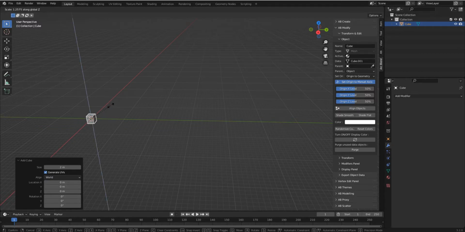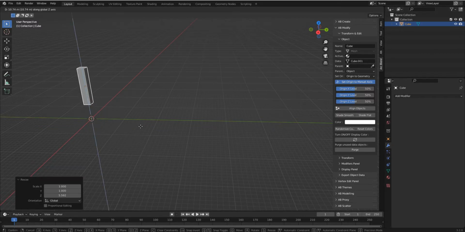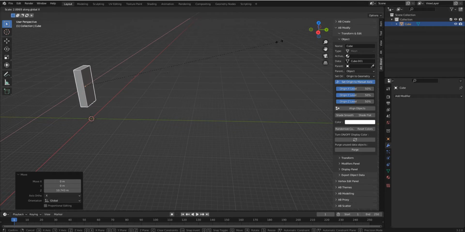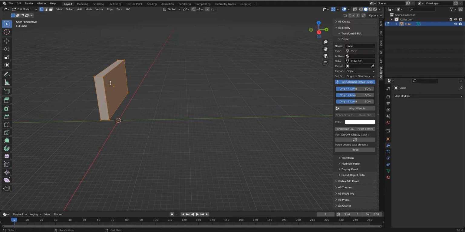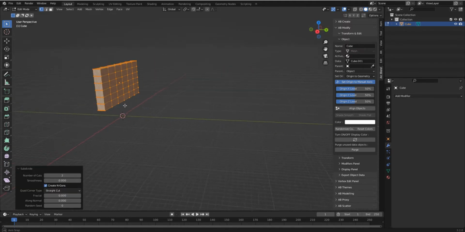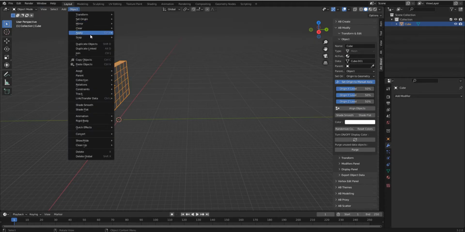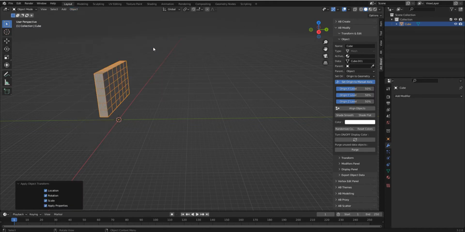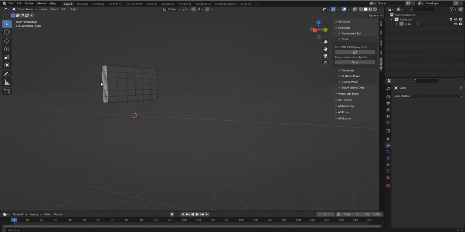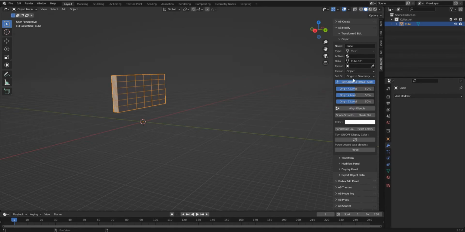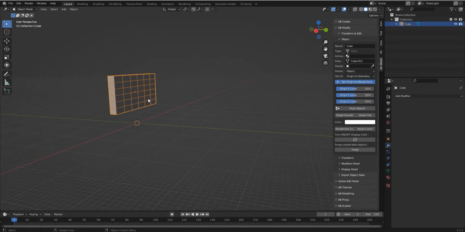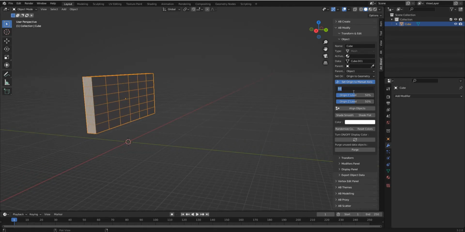Just selecting Z values a little bit and X values a little bit, and also go to edit mode and just make a little bit subdivide. Okay, and also go to object and apply all transforms, making this type, and go to origin. Actually, first of all, go to origin to geometry, and for now you can just